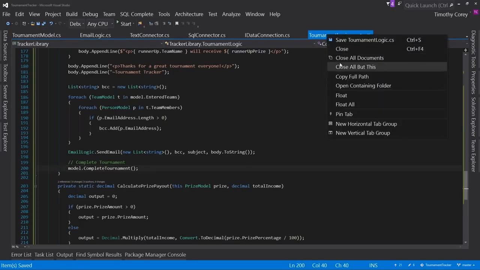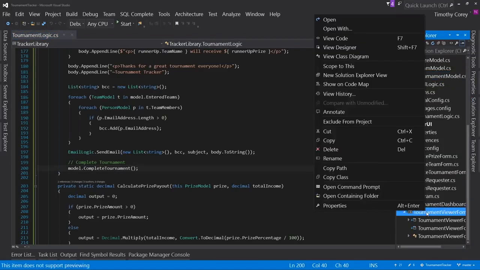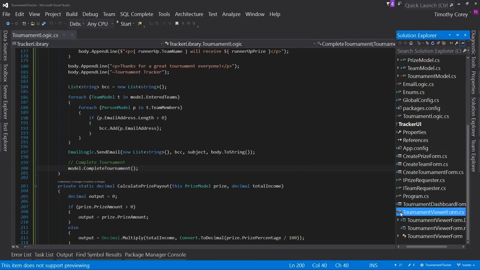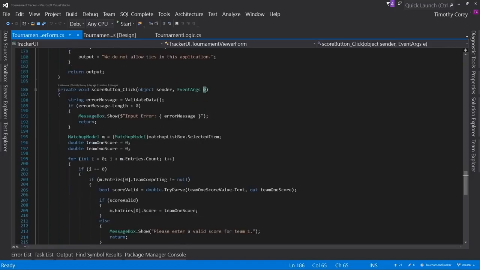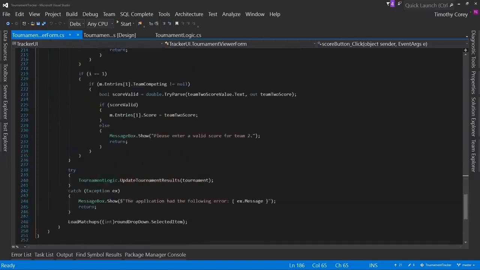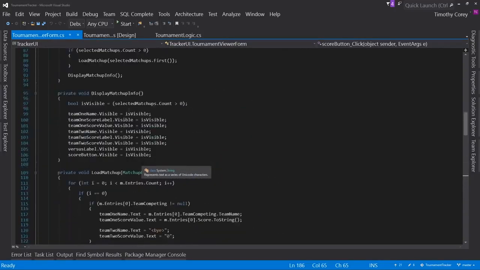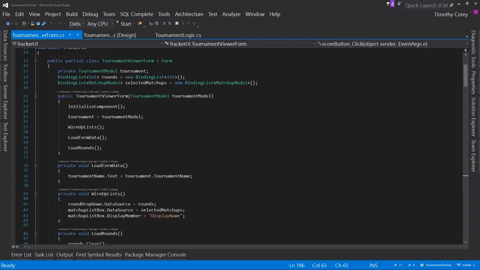So let's close everything else out. And let's open up the code behind for our viewer. Let's actually open the viewer up itself. That way you just double click on the score button and go right to that code. Again, this is an event, the click event. Notice the sender and the, in this case, event args E, they pass event args. We passed a DateTime. So we know that this is going to get called somewhere in here, but we don't care. We actually want to come up to, and I probably shouldn't have double clicked on that button. We actually want to come to our constructor,